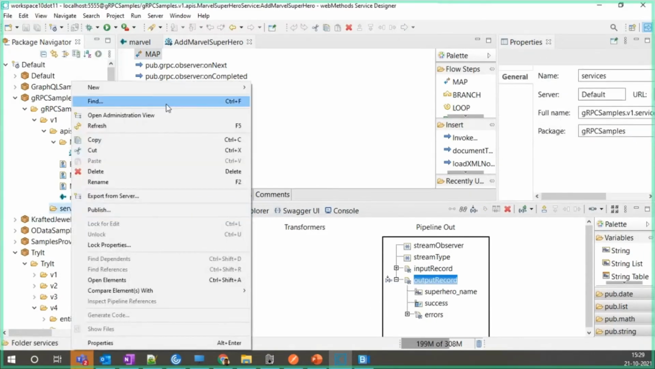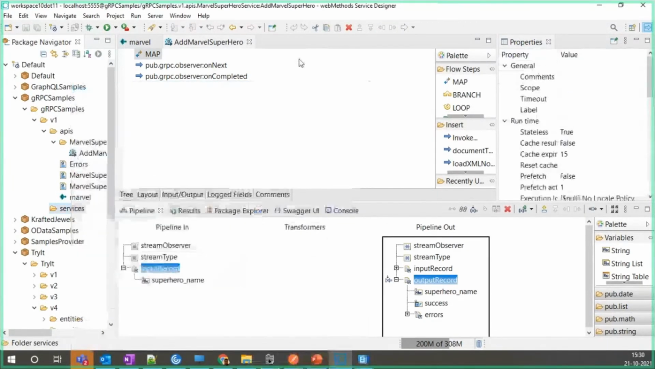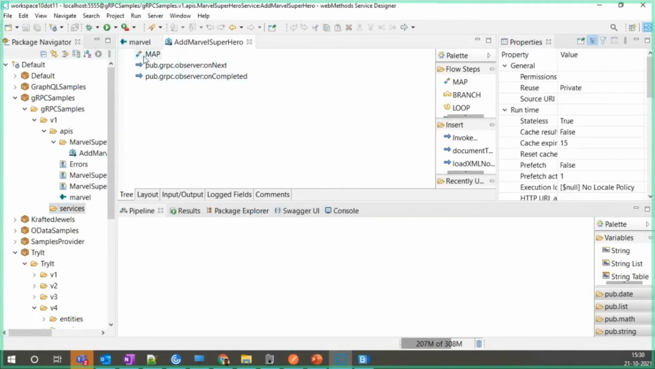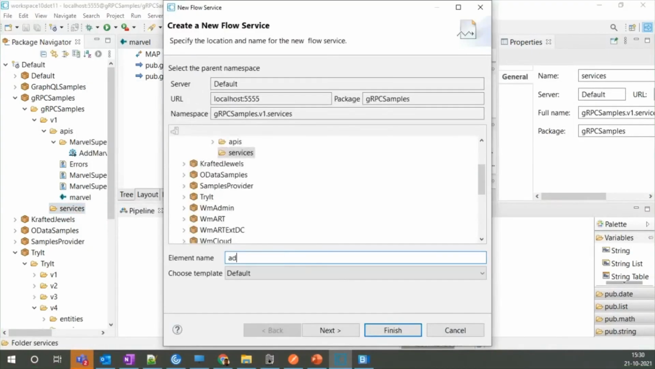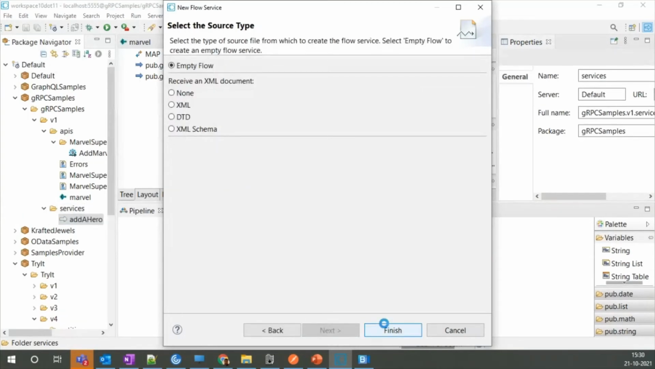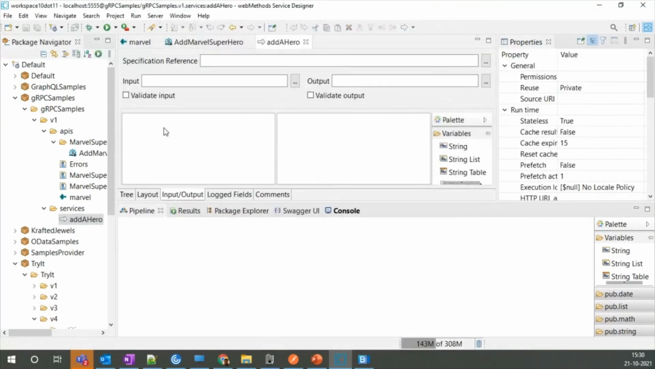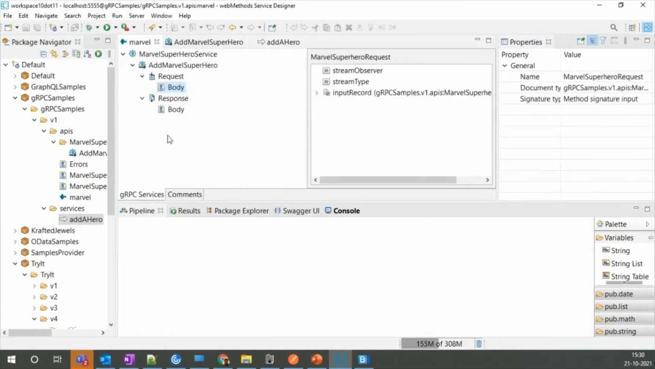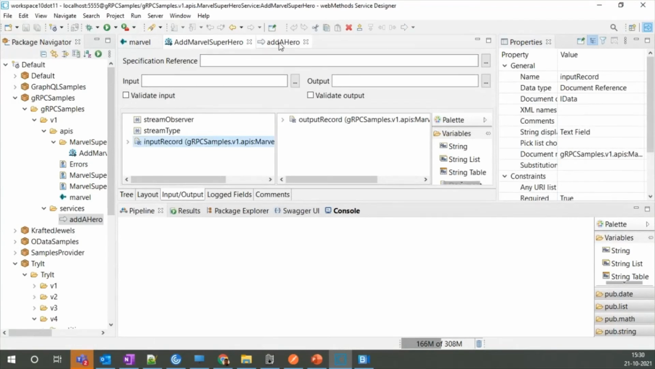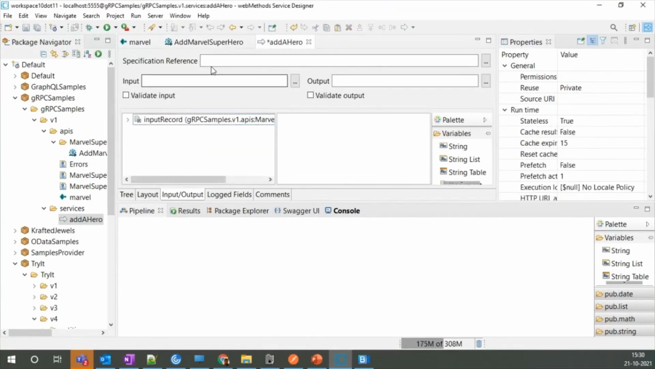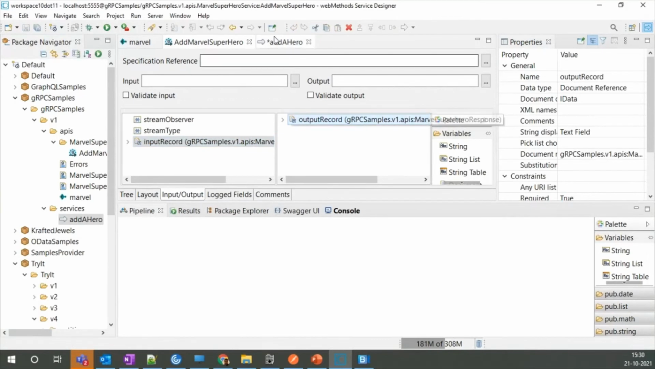So if you have to implement, my recommendation, never ever implement anything inside the auto generated services, but instead what you can do is you can say add a hero. Okay, next, finish. I will just come back here to this service and just going to grab the input and grab the output here,